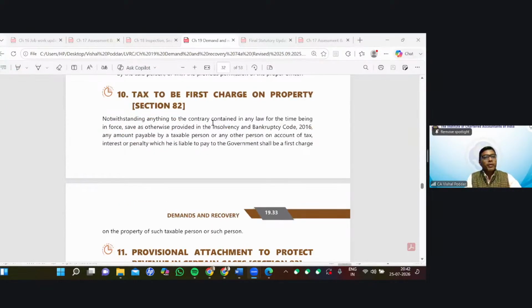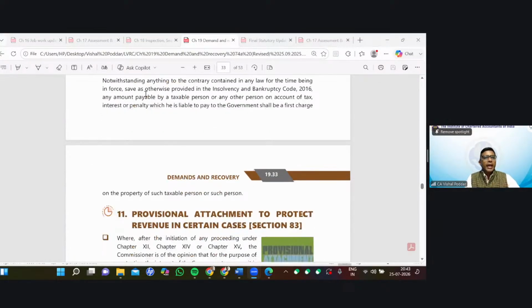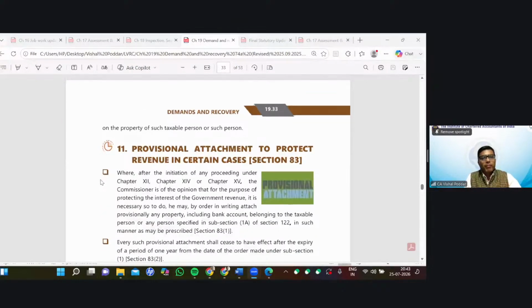Next, section 82 says tax will be the first charge on the property. So notwithstanding anything to the contrary contained in any law for the time being in force, and save as provided in the Insolvency and Bankruptcy Code, any amount payable by a taxable person or any other person on account of tax, interest or penalty, which is liable to be paid to the government, shall be the first charge. First charge means that before any other person can claim the property, the first claim will be of the government